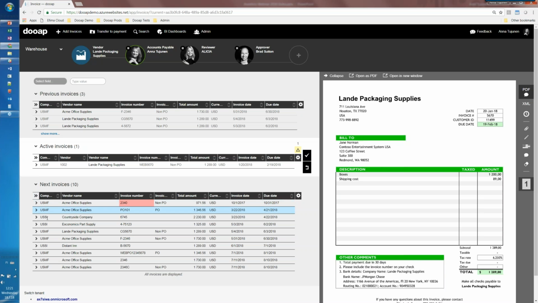And it doesn't matter which company it belongs to, you're able to handle all those invoices from the same view. You can restrict the access to the invoices based on user rights, based on the company rights.